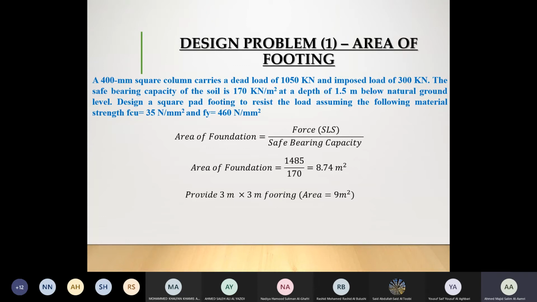To find the area of the foundation, we use the same equation that we have used for the previous problem. So my area of the foundation is equal to force divided by safe bearing capacity. My force, including the self-weight, is 1,485. Safe bearing capacity has been given in the problem to be 170. So now the area is going to be